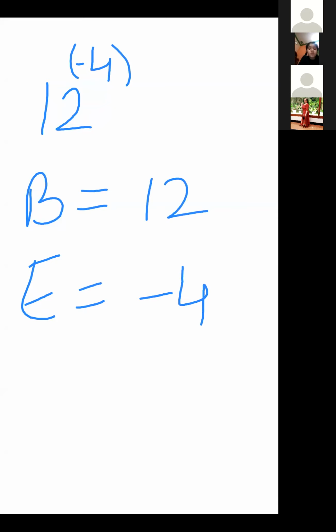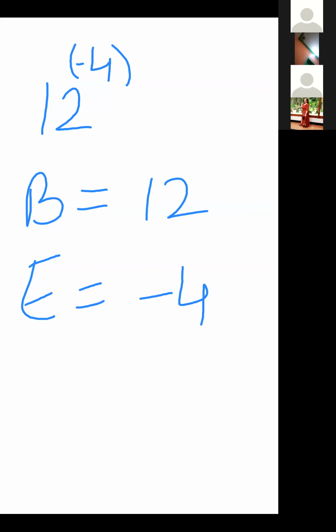Very good. What do you mean by exponent? Can you explain to me? What is exponent? Say in your own language. I don't want the bookish language. Explain what you understand about the exponent. What is the other name of exponent? Index. Index, or one more name I have said. Power. Power. Very good.